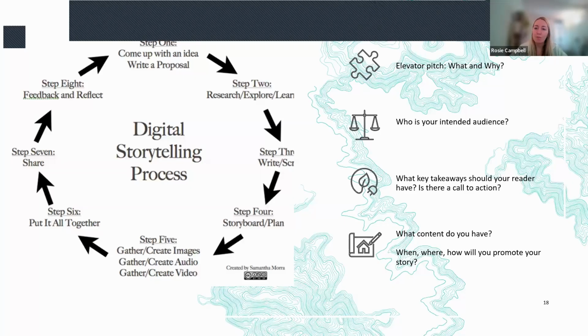And then more practically, we really have to start thinking about the actual content that you have access to. So what else do you need? What is missing from your data set that you would like? Do you want some new shapefiles of river valleys? Do you need geo-referenced maps in there? And how will you host this and where will you put it? So you have to also be really sure to consider if it's accessible, like the shapefile layers, and also if it's in the Creative Commons or if you have adequate permissions to be posting these online.